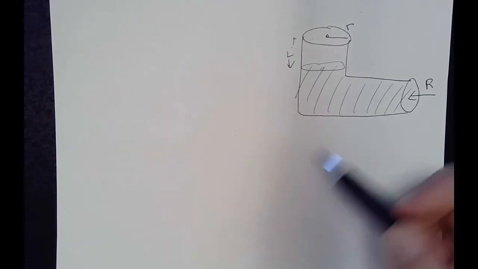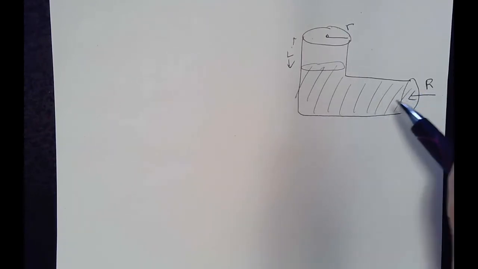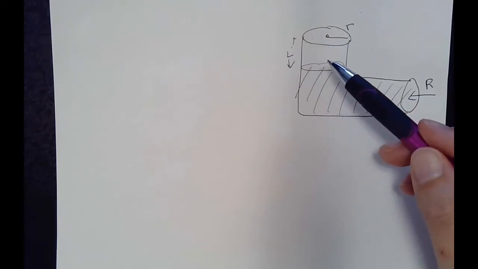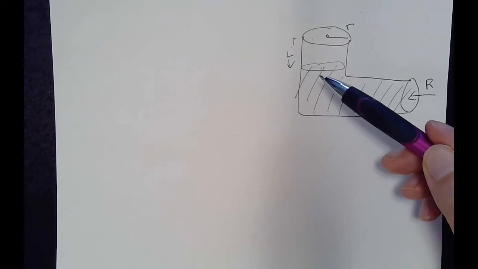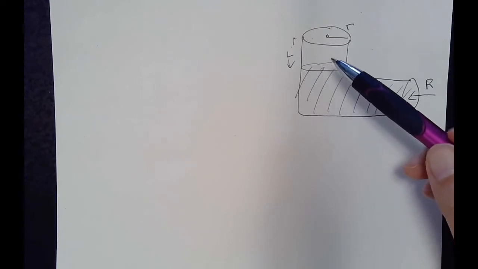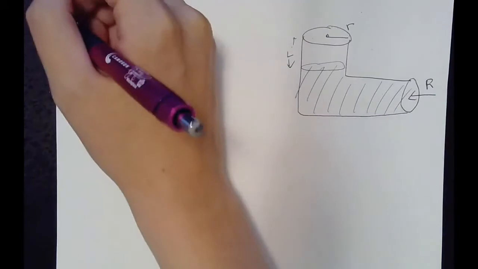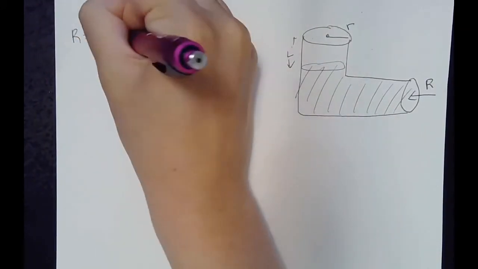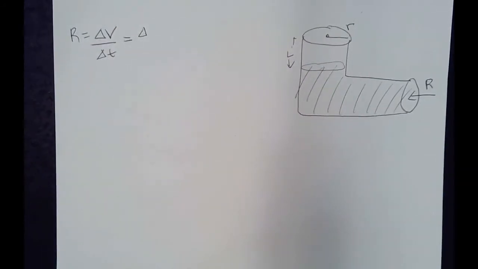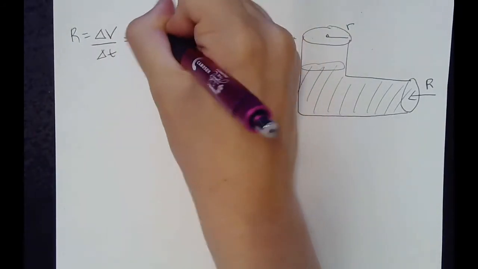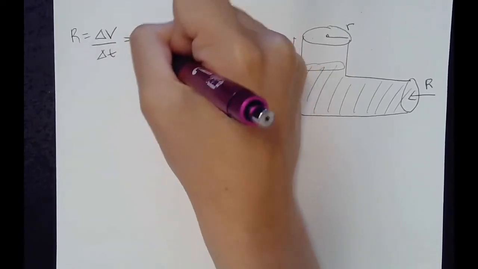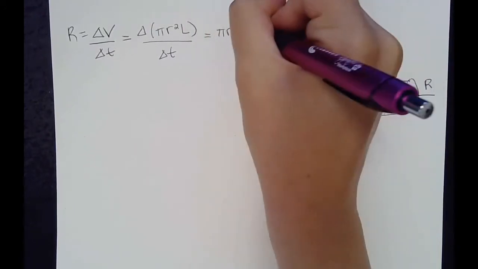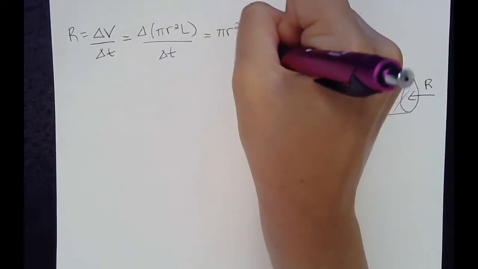Okay, so I've drawn this rough sketch here. We have water coming in at volume flow rate R, which then changes the volume of the air column by the same rate, since the water level rises at rate R. And that's the volume flow rate, so let's start with that. We'll have R equals delta V over delta t, where V is volume. And then I can put the volume of this air column here, pi r squared L over delta t. And I'm going to pull out pi r squared since it's constant, and we have delta L